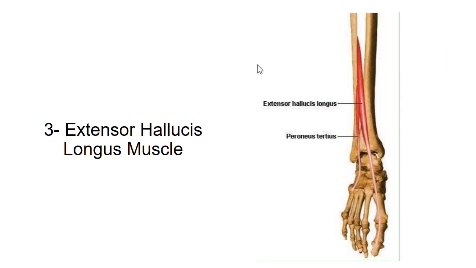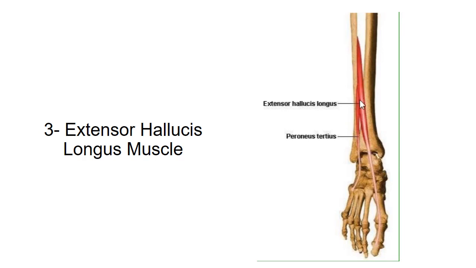Now the third muscle in this group is extensor hallucis longus muscle. This muscle lies deeply between tibialis anterior and extensor digitorum longus muscle at its superior attachment. It arises from the posterior half of middle 2/4 of the medial surface of shaft of fibula, just medial to extensor digitorum longus. This is the origin point of extensor hallucis longus muscle from the middle 2/4 of medial surface of fibula.